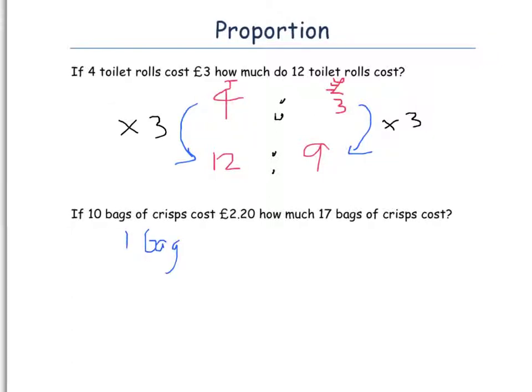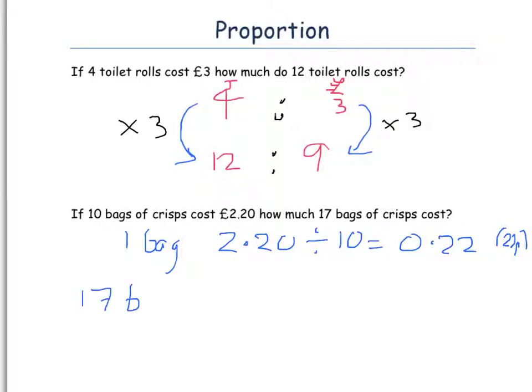Well, if we know that 10 bags cost £2.20, to find out what one bag is, we need to take our £2.20 and divide it by 10, which becomes 0.22, or we could say that's 22p, because you could start off by converting the £2.20 into 220 pence. Well, if we know that one bag costs 22p, or 0.22, then 17 bags must be 17 times this amount,